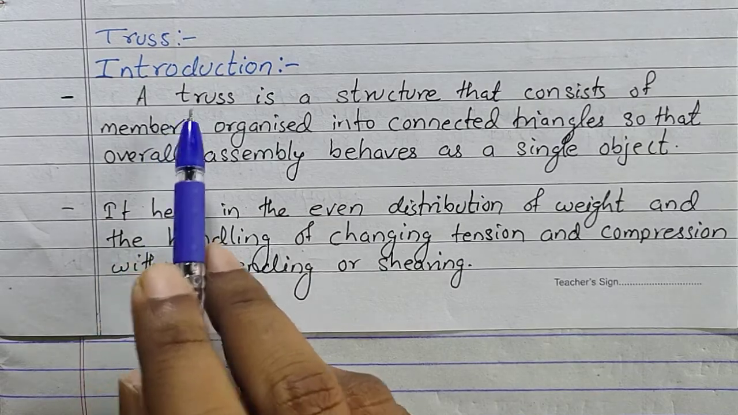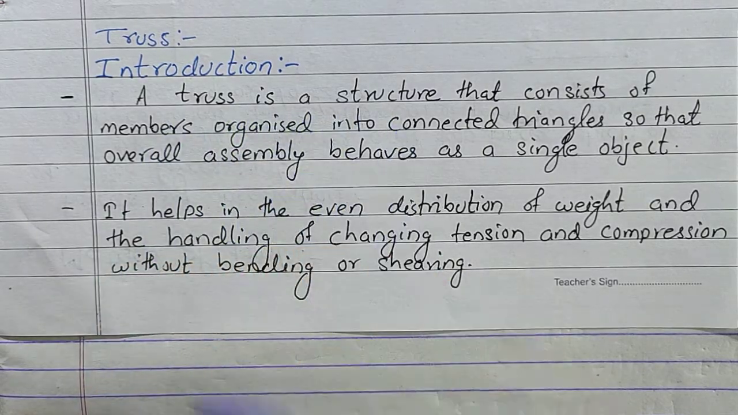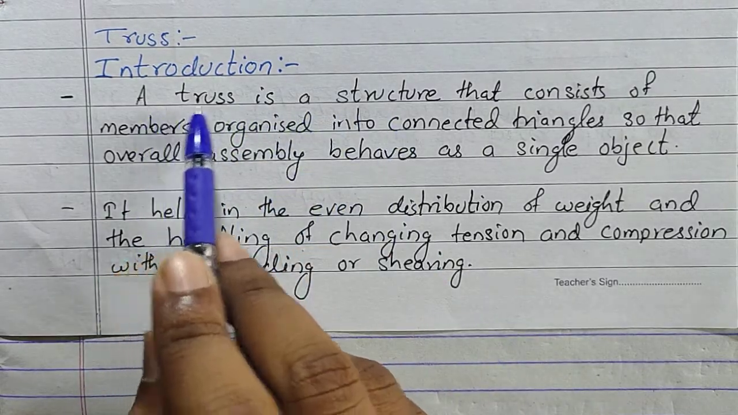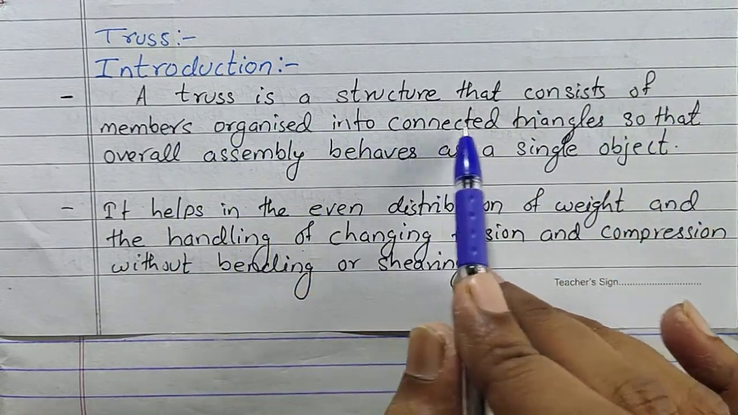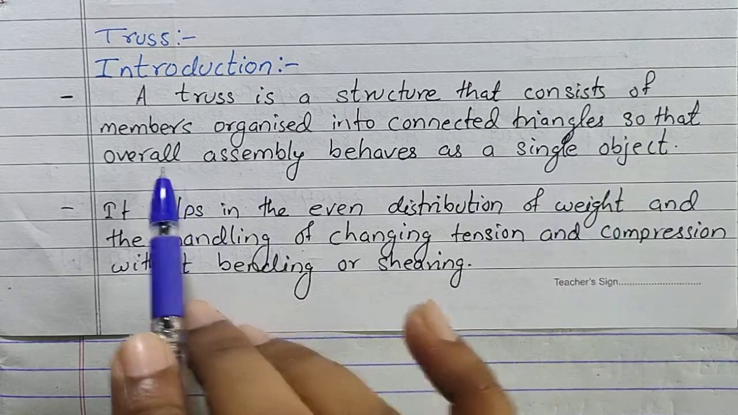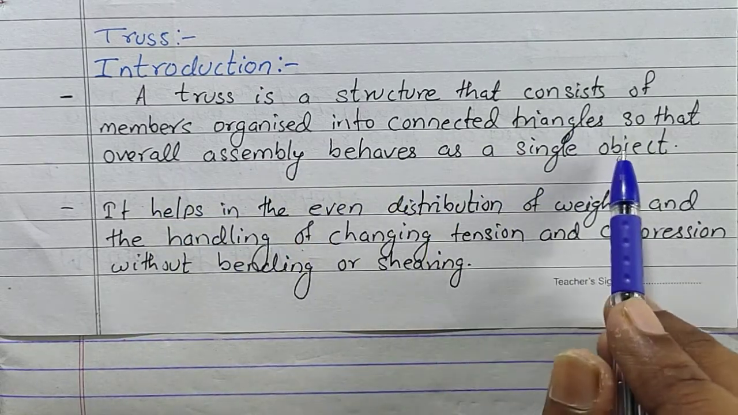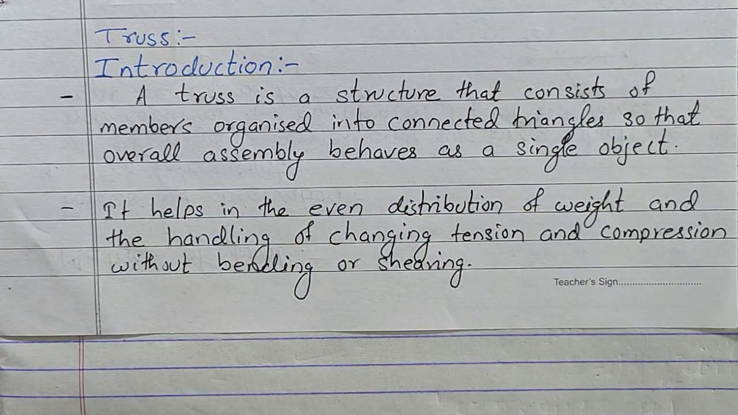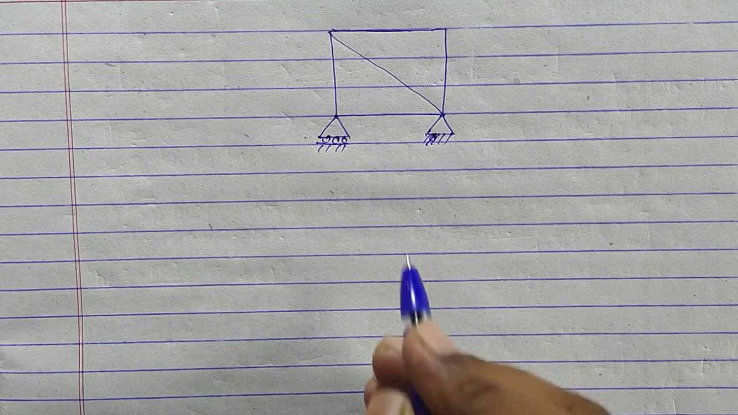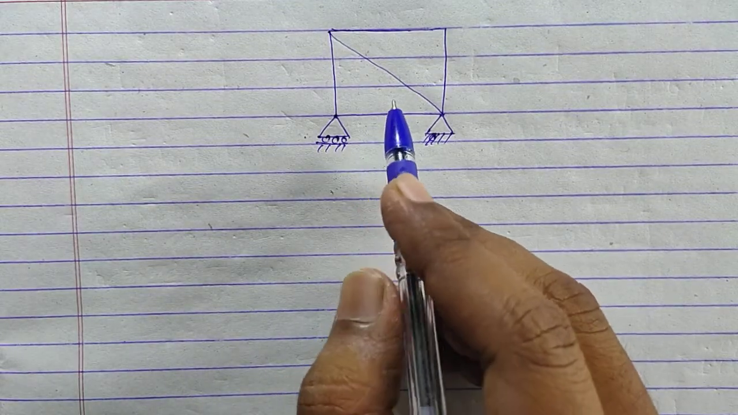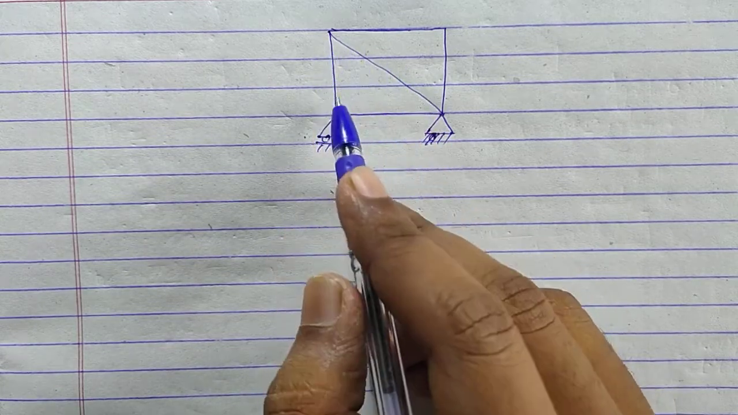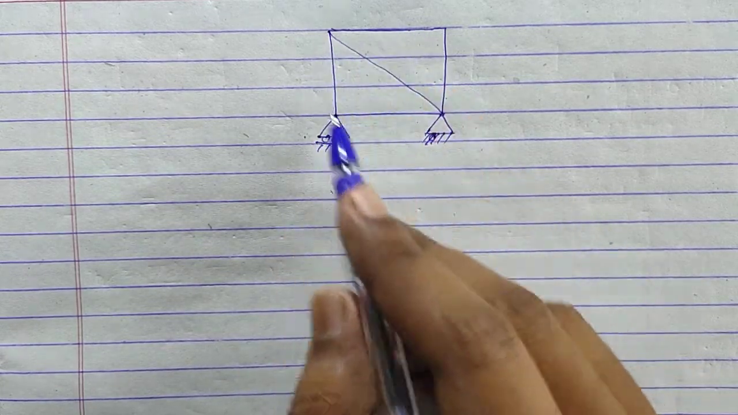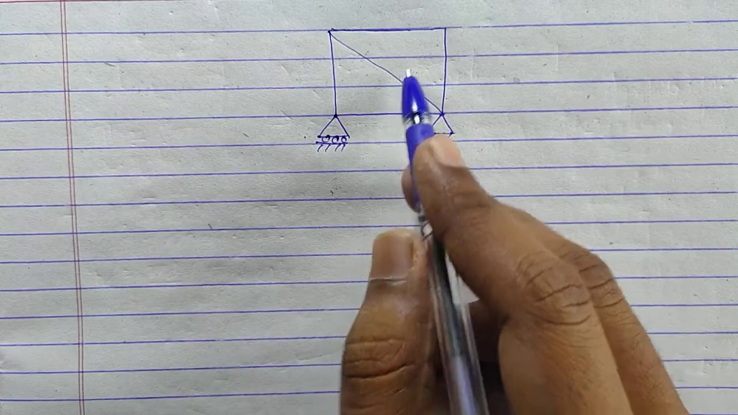Here, the first point is about the definition of truss. What is a truss? A truss is a structure that consists of members organized into connected triangles so that the overall assembly behaves as a single object. See, as the definition specifies, the structure of a truss consists of triangles and members, and each member behaves